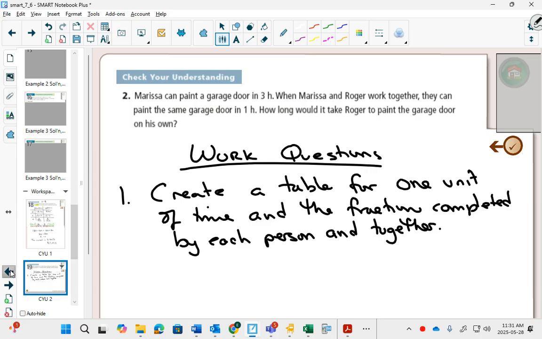This table is going to be probably a little bit simpler than our distance, speed, time with the formula. That's the most complicated table. This table is going to be simpler. And then from that table, create an equation